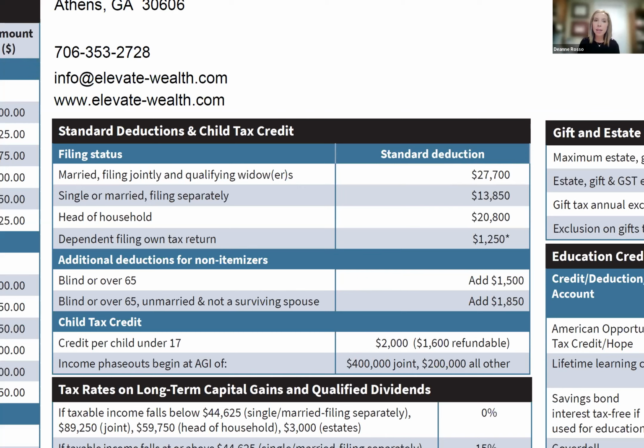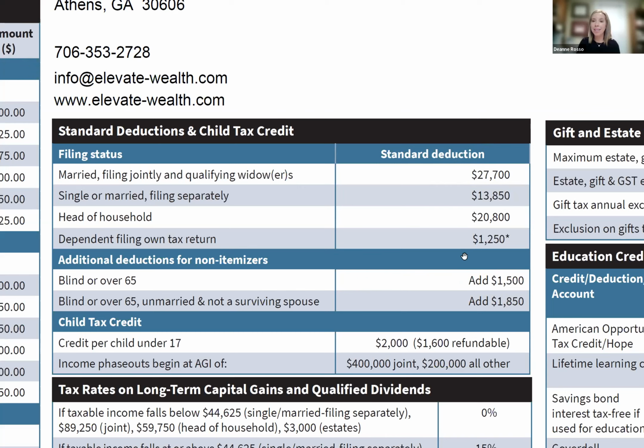A lot of these increases that we're seeing here are tied to inflation. Obviously, with 2022 being a year where we saw a lot of inflation, we've seen some pretty significant increases in these numbers, the standard deduction being one of them. So if you are married filing jointly, that means that the first $27,700 that you make in income is not taxed at all. Also, if you are blind or over age 65, we work with a lot of retired clients, so this applies to them in some cases.